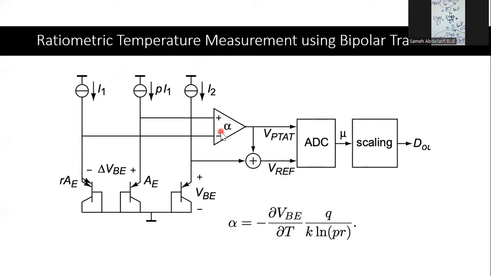Now, in your temperature sensor, you will have two signals. The first signal indicates a reference voltage, which is totally independent of temperature. And the second signal indicates the variation in temperature through this delta VBE after an amplification with an amplification factor called alpha. So we have this amplified signal here. Now it's time to process this using ADC and any other processing techniques in order to transfer it into a digital signal and then transfer it over a communication link and so on. So this is an example of a real circuit integrated